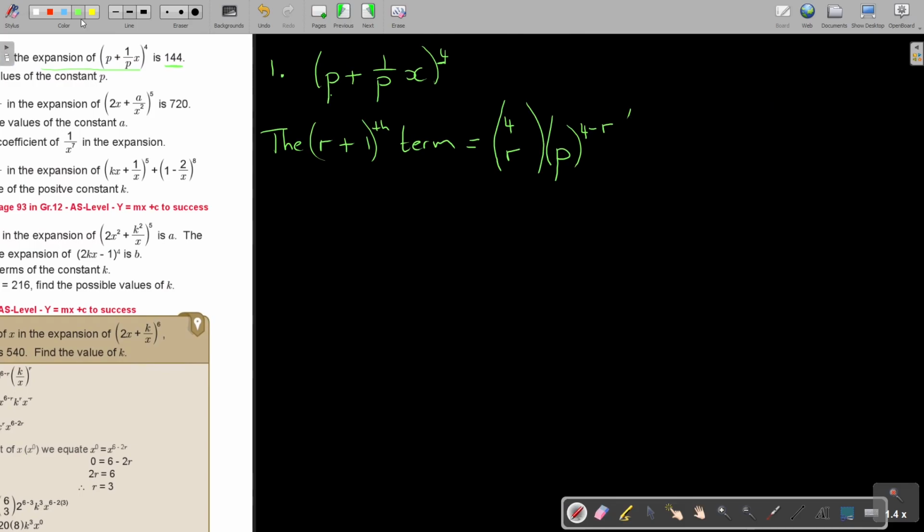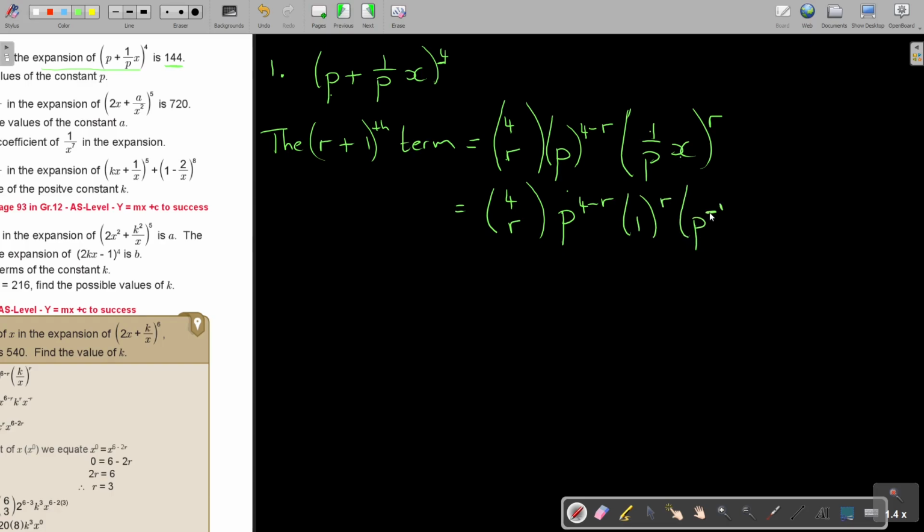Okay, so it's actually the second term, 1 over p x, and it's to that power r. So if I break it up, so it's 4r. This one I already have. So p, 4 minus r. Now break that in 3 parts. So make it 1 to the r. Then it's p, bring the p up. So make it negative 1r. And then the x is already on top. So r. So if I simplify that,